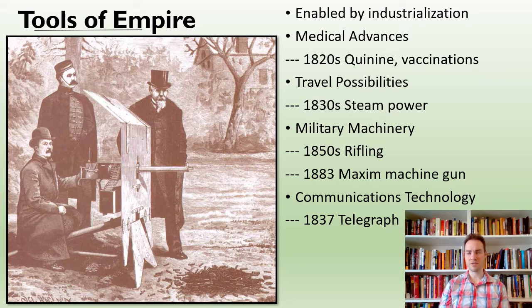One of the things they discovered in South America in the 1820s was quinine. It's derived from a bark that local folks were using as a medicinal herb. The British noticed that when you ingest quinine, either as a treatment or as a prophylactic, a preventative, you don't get malaria, or it at least prevents a lot of the damage from malaria. Also, vaccines were being developed.